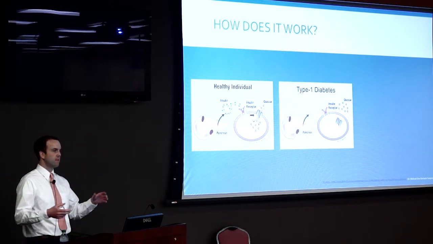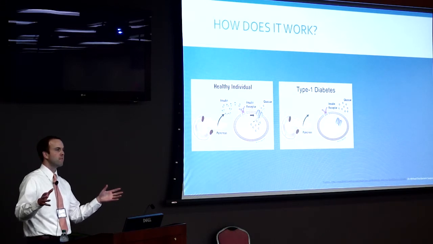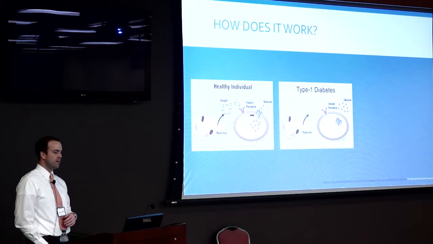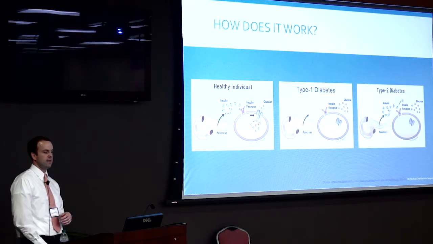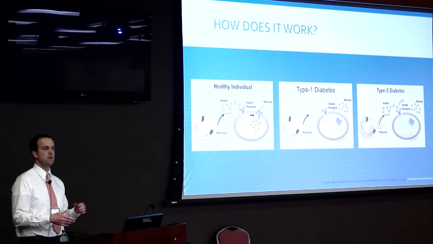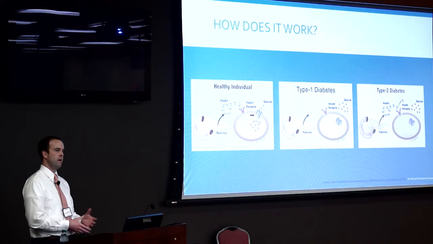So anybody have a crazy idea how we treat type 1 diabetes? We give them insulin. That's the key. We've got to make this simple for us, all right? We can't handle that much. With type 2 diabetes, the reason I want to focus more on it is that 90 to 95% of the cases in the United States are type 2 diabetes versus type 1.